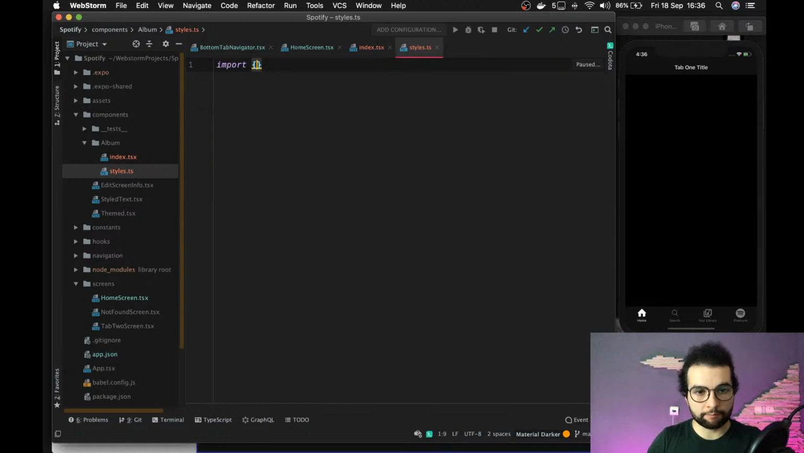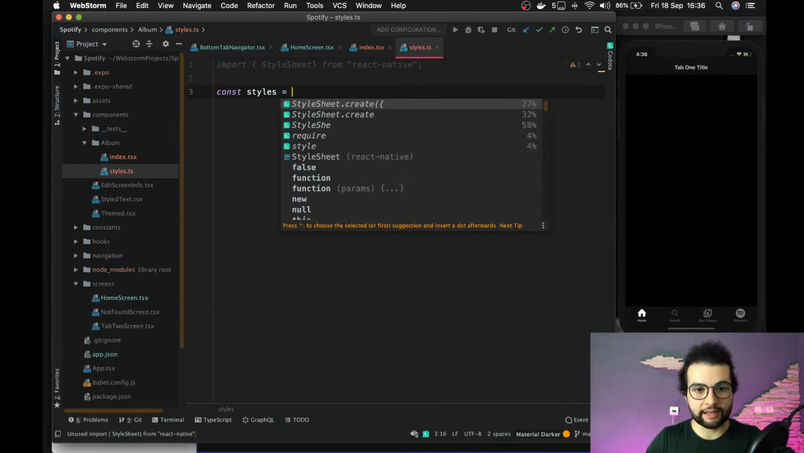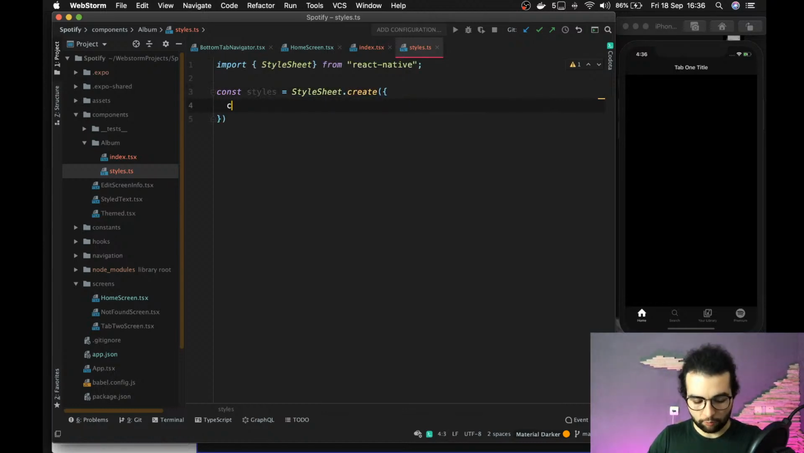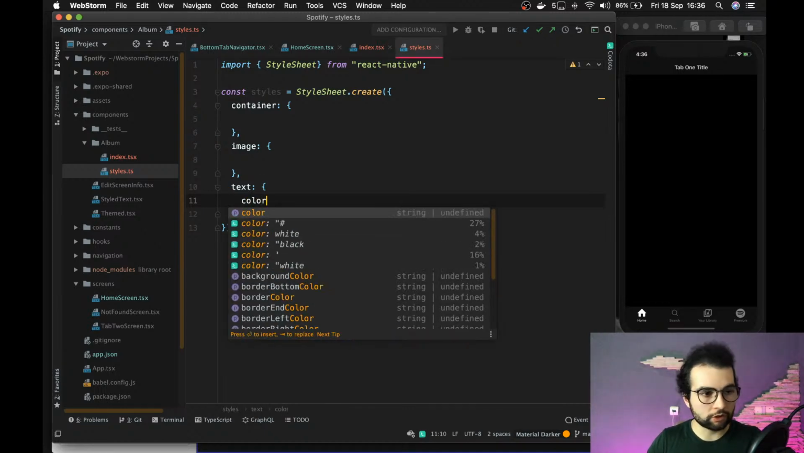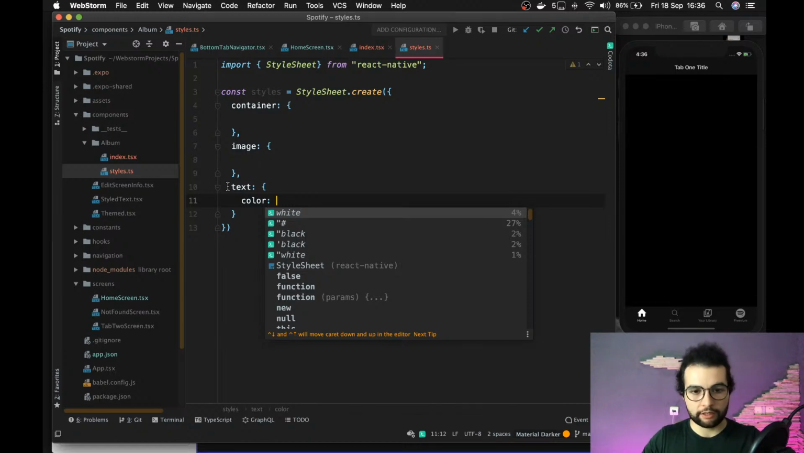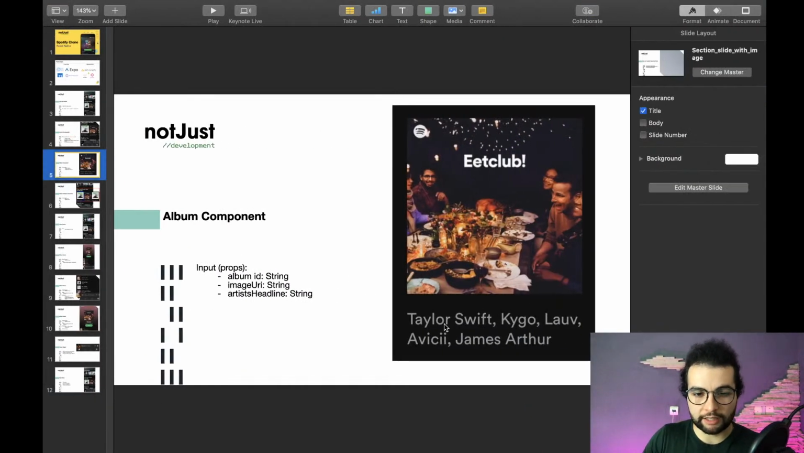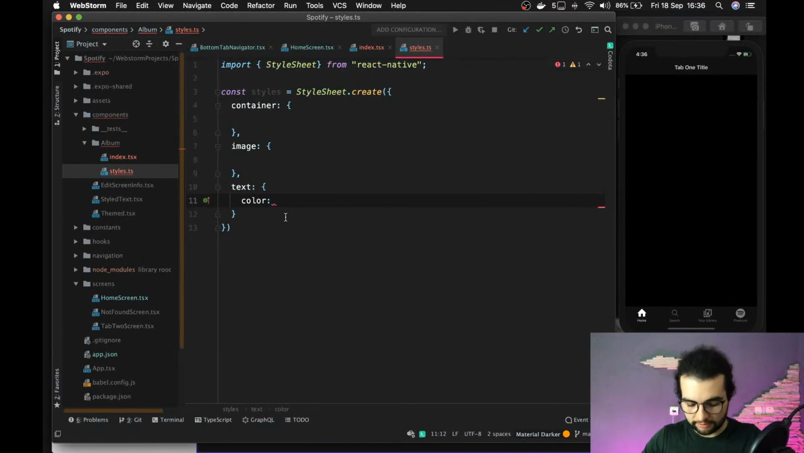So right now let's go and define our styles. We will need StyleSheet from React Native, and now we will be able to define the styles with StyleSheet.create. We have container, we have image styles, and we have text. Okay, for the text, we know that we want to define the color, which, if we look here, is going to be a gray. Let's go with just gray. Let's save,